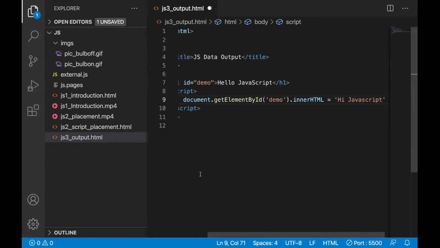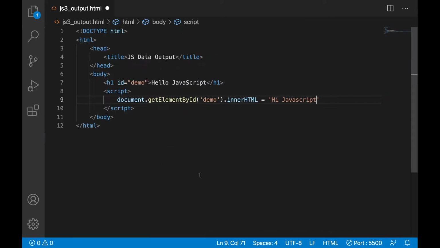Let's hide this left side part, so we get some space now. End this statement with a semicolon. Every JavaScript statement, every JavaScript line, will end with a semicolon. Now let's see this. Instead of a function, I am just writing this JavaScript line directly, so while the page loads, this line will execute.